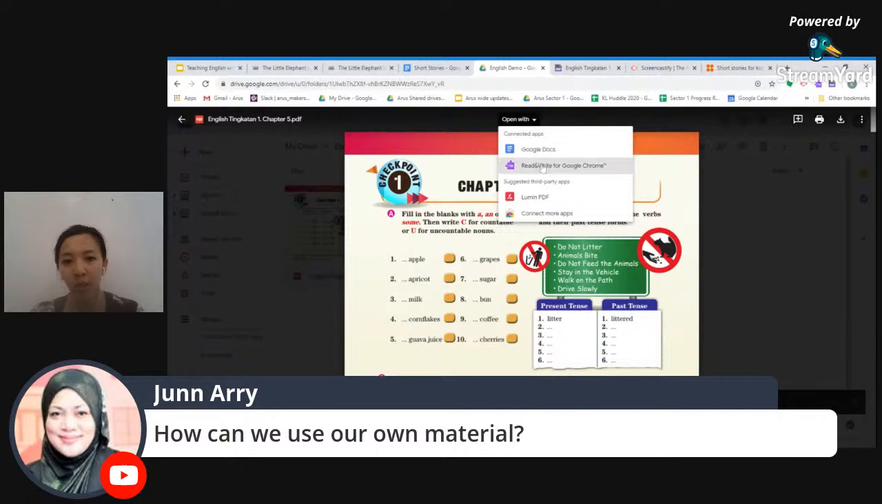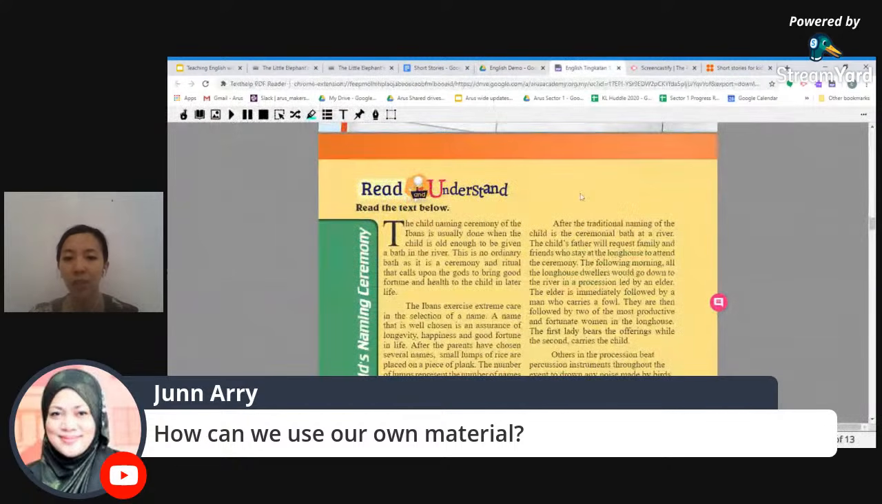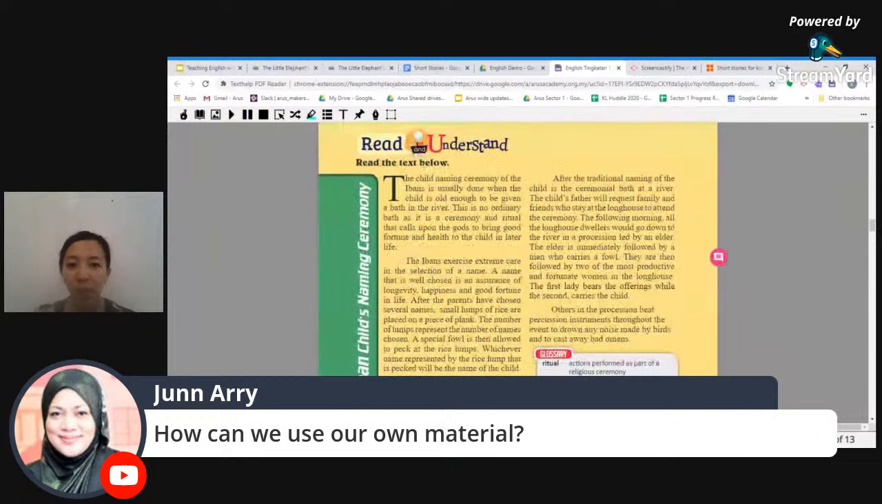So once you do that, there would be the Read&Write for Google Chrome. I have all the links in the description box for you to download the text PDF. So this is how you can actually upload and use your own materials. In this case, I have used the English Form 1 material, official textbook from MOE. So here we have the read and understand